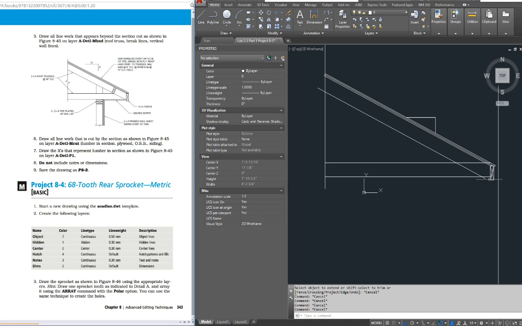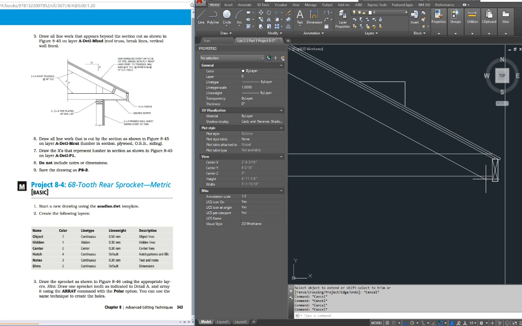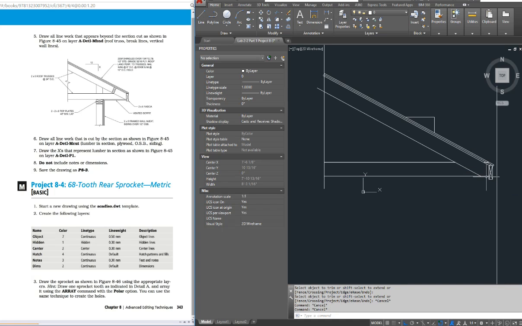So that looks okay. Going to trim so that it looks like that. Now I know that's a little different than the book. Normally that would come down even with the truss so that this would nail directly to that, but the math